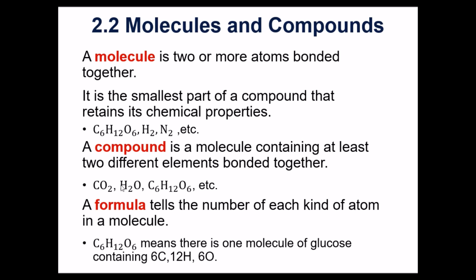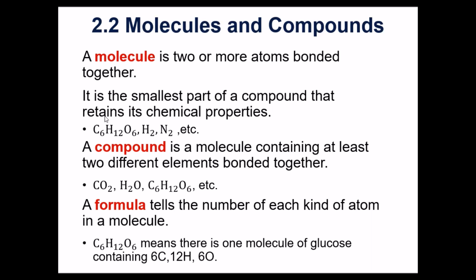So even though the definitions overlap just a little bit, you can think of it this way: all compounds are technically molecules by definition. And it says it right here, a compound is a molecule. Why is a compound a molecule? Well, let's go back up and look. A compound is a molecule because a compound has at least 2 atoms put together. That's what you have to form a molecule. But notice that not all molecules are by definition compounds, right? Because by definition, a compound has to have 2 different elements put together.